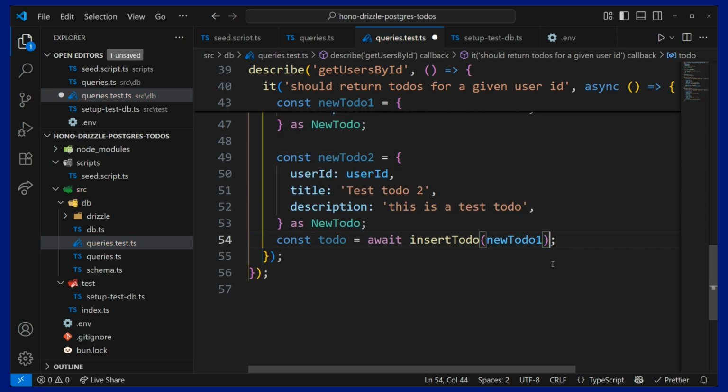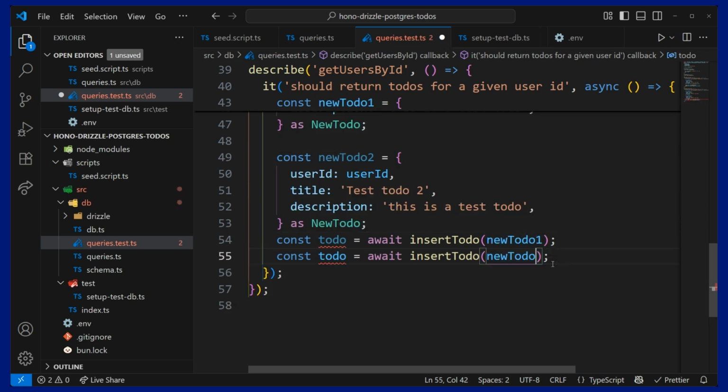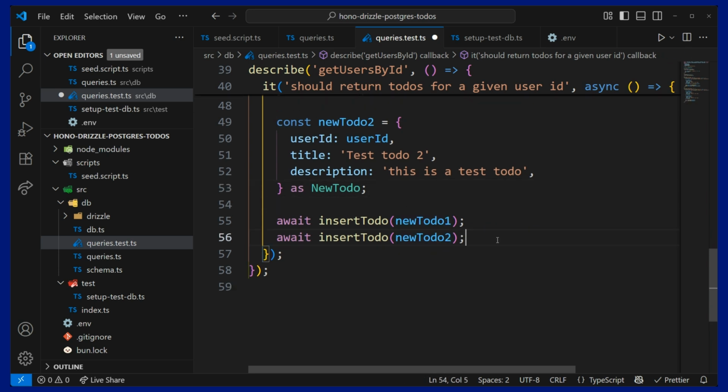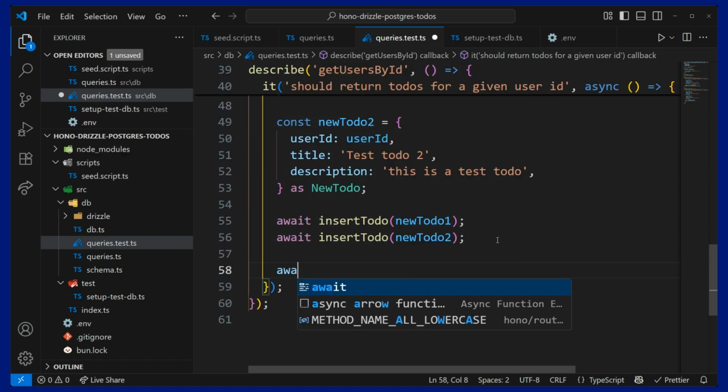We can insert that one and insert that one, and we actually don't need the const there. We just want to plug those two into the database, and then we can call our function that we're testing here,